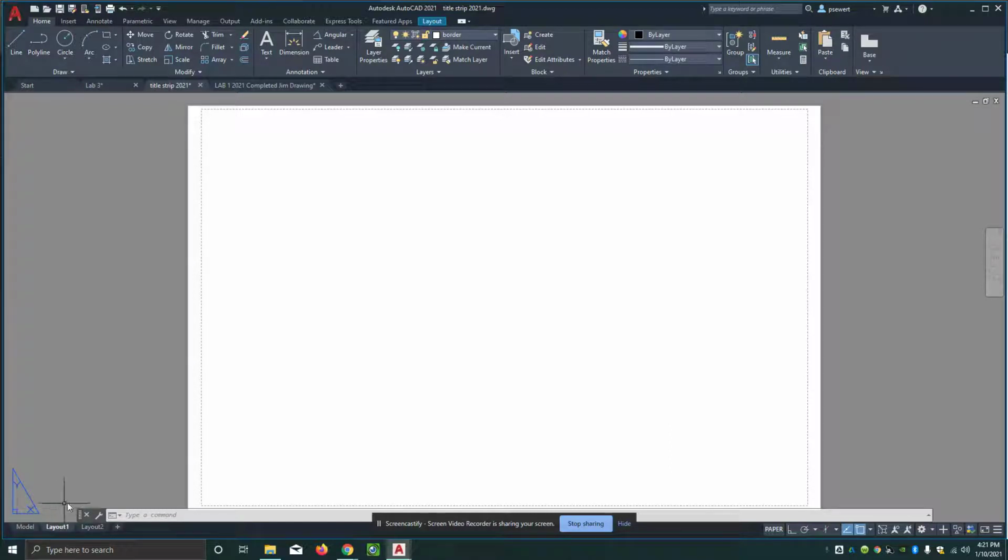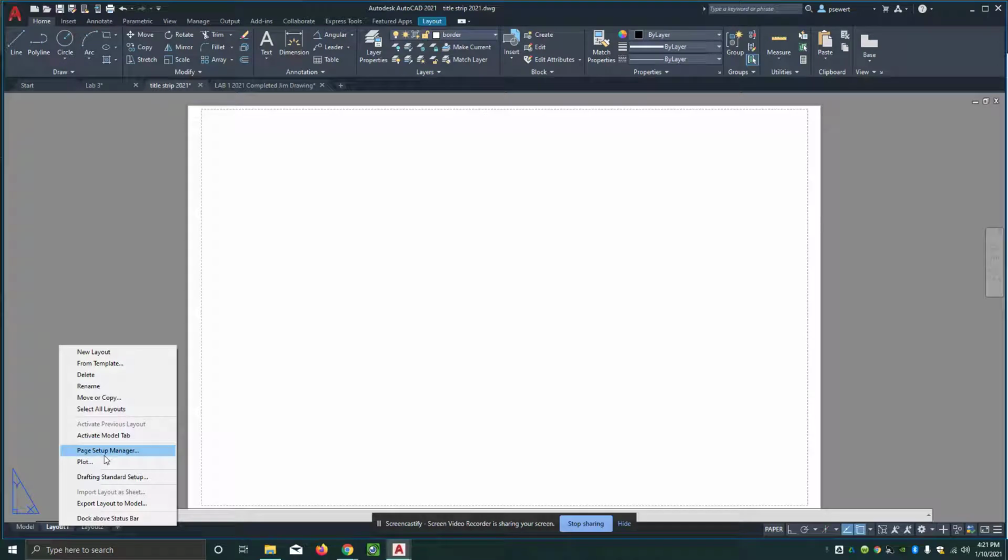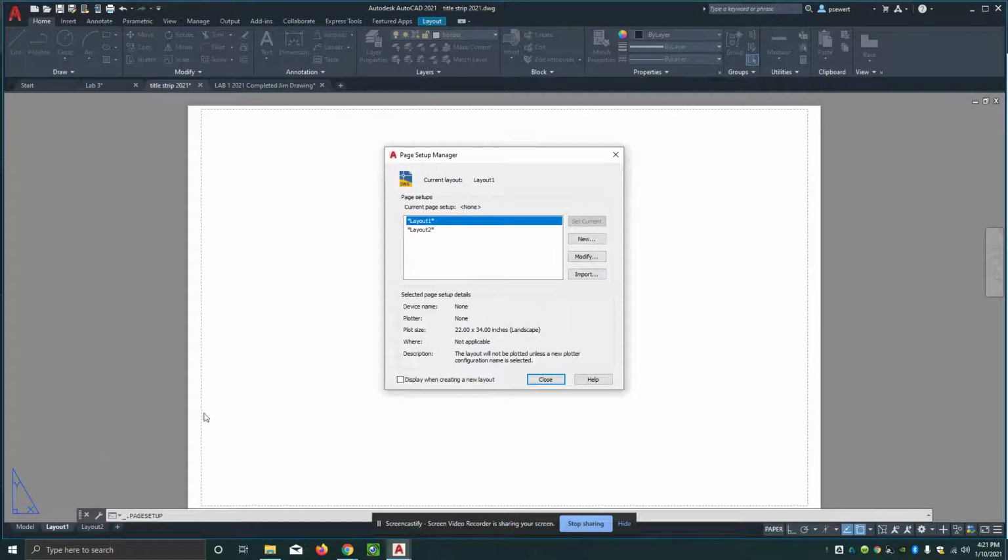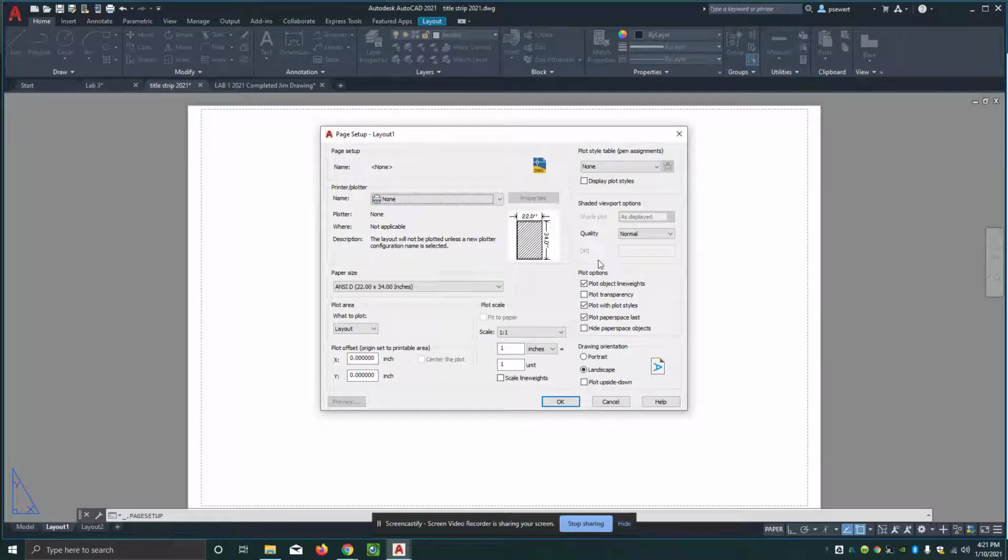So the first thing is I'm going to go to where it says layout 1 here. I'm going to put my cursor, I'm going to right click, I'm going to hit page setup manager. Now I'm on layout 1, and I'm just going to hit the word modify. Now, you're not going to give the plotter a name, because you're going to plot this drawing at school and not at home. Or you could do it at home if you want, but I would just recommend giving it none as a name